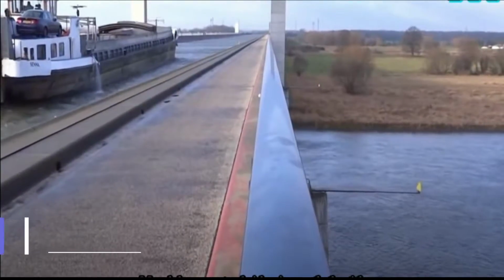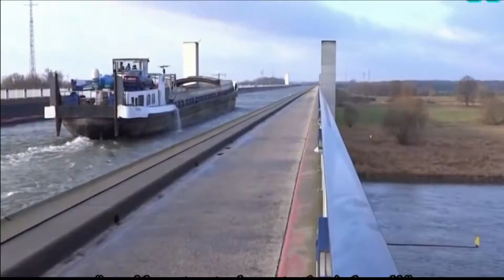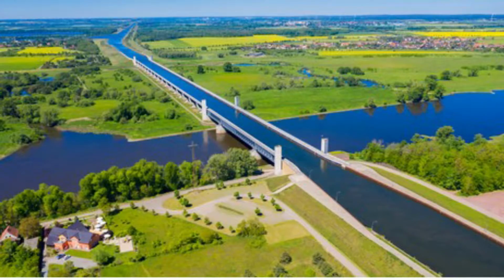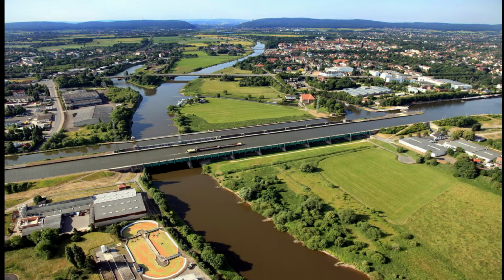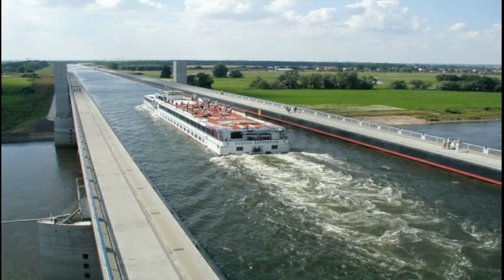The water bridge or canal in Magdeburg, Germany was planned as a solution to a particular problem with waterways in the area. It connects two canal systems, the Elbe-Havel Canal and the Mittelland Canal, with the River Elbe and each other. Previously, the voyage took a 7 mile detour and multiple locks to lower and raise ships between different altitudes. Now, it hardly takes a few minutes of waiting, as you are dropped off or elevated to any of the